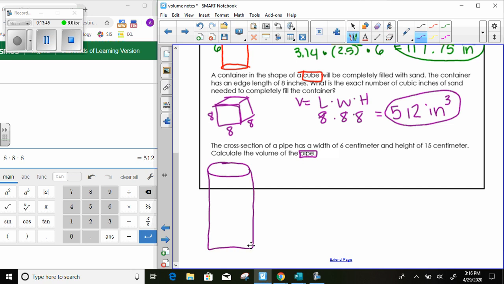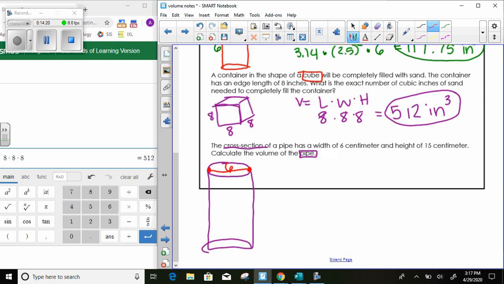And a vocab word in this problem that you might be stuck on is the one that says cross-section. So a cross-section means that it's going from one end of the pipe all the way to the other end of the pipe. That is the cross-section. Now on this picture, is this cross-section our diameter or is this cross-section our radius? Hopefully you knew that the cross-section of this pipe is our diameter,